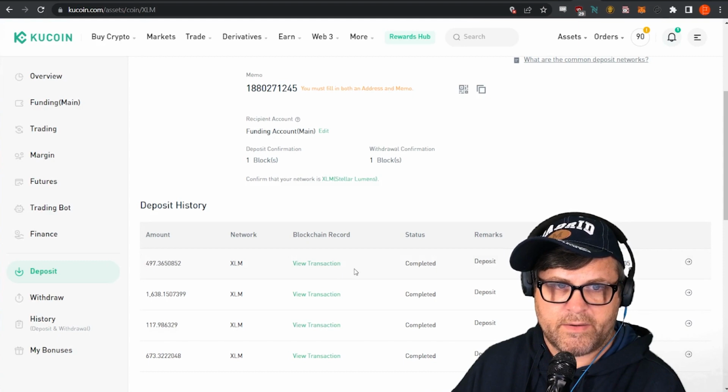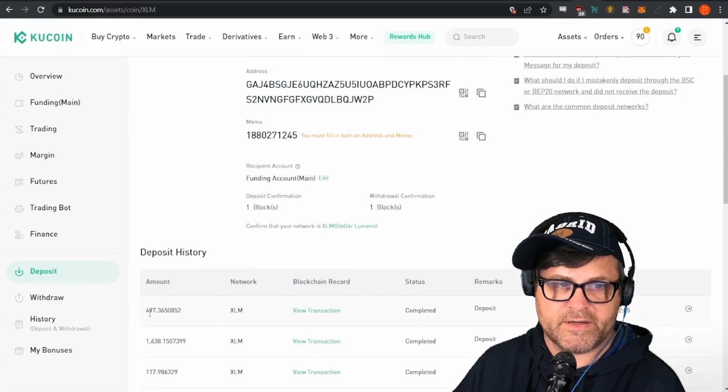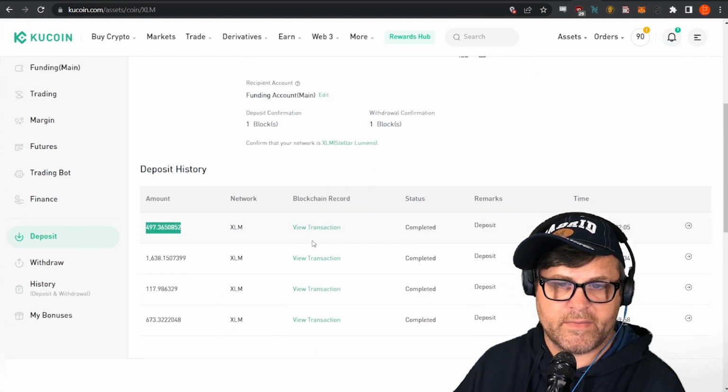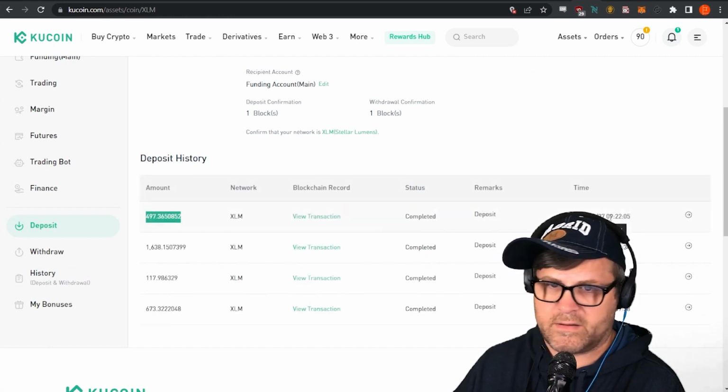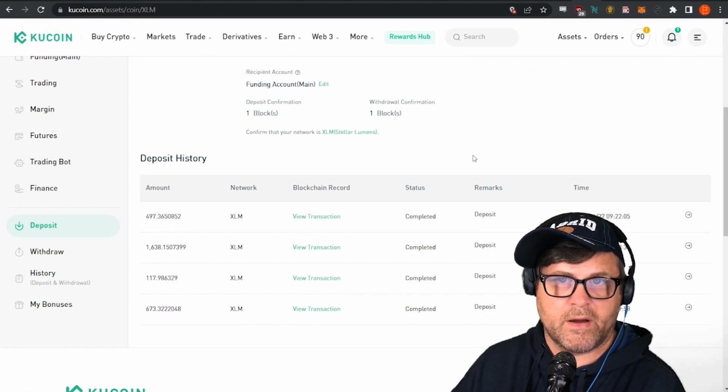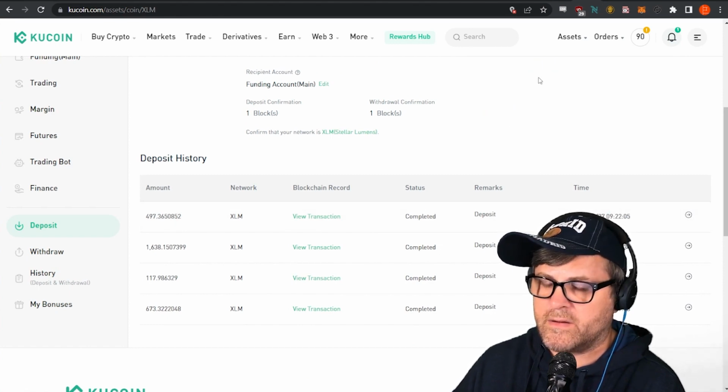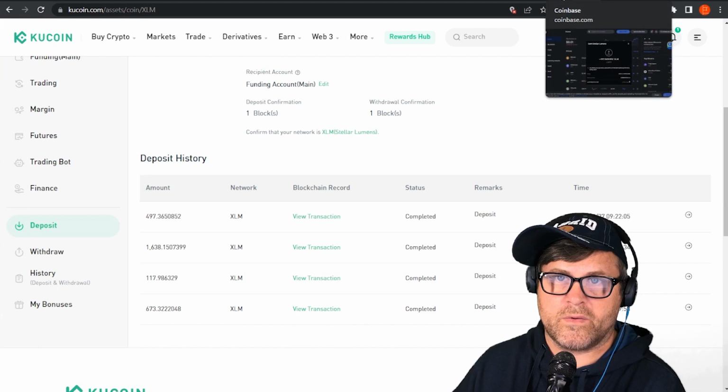There we go. Already done on the next refresh. See, 497. It's XLM's very fast block time. Deposit history on today at 9:22 Eastern time. Okay, so now that it's there, we can close Coinbase